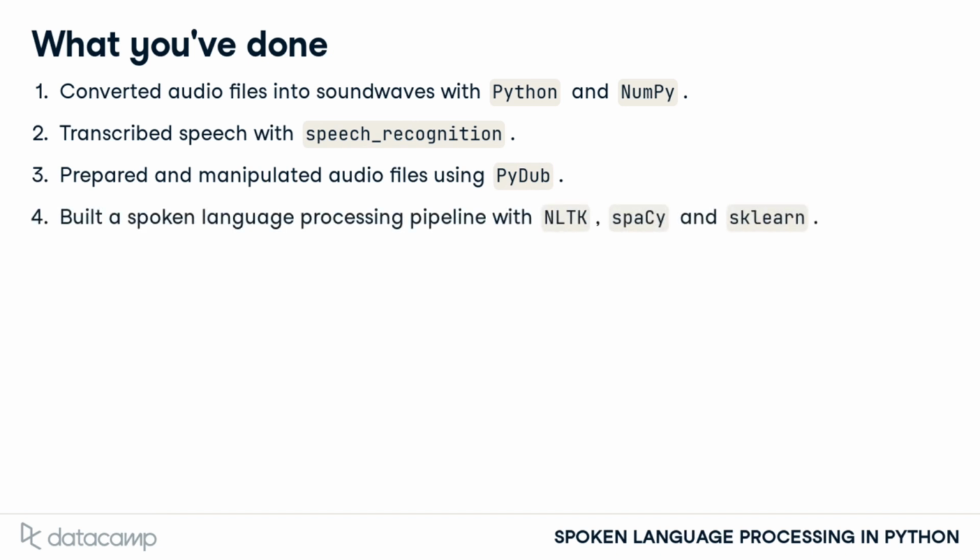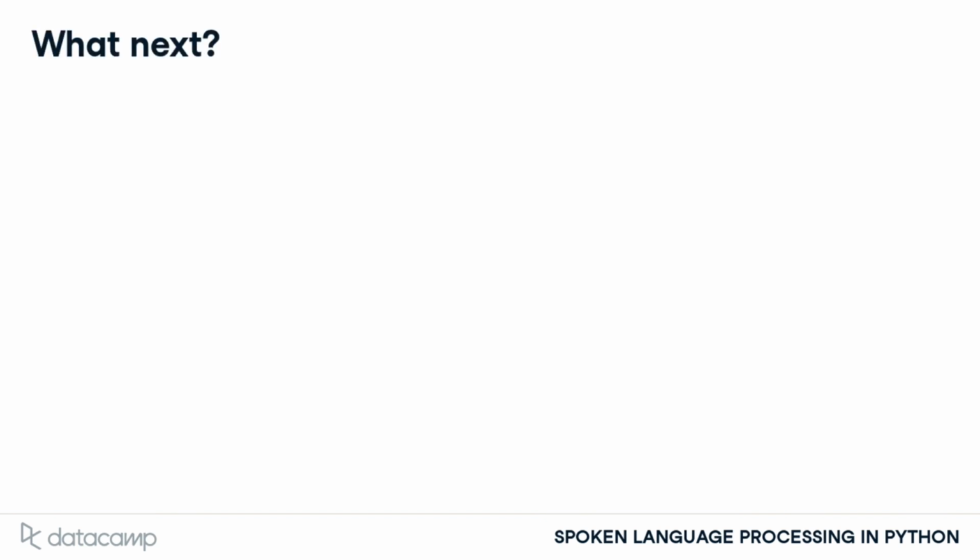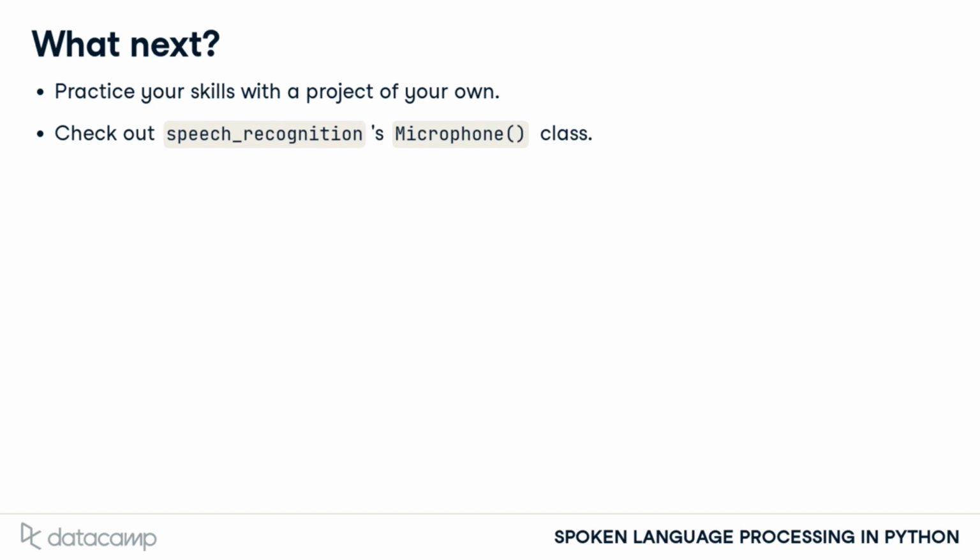Finally, you built a proof of concept speech processing pipeline with sentiment analysis using NLTK, named entity recognition using Spacy, and text classification using sklearn. If you're after more, I suggest you try using what you've learned to build a speech processing app of your own. We weren't able to use speech recognition's microphone class in the DataCamp classroom, but you could try to use it